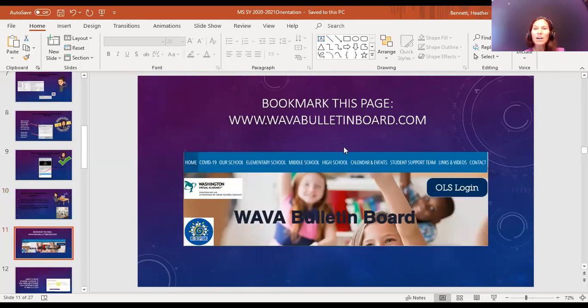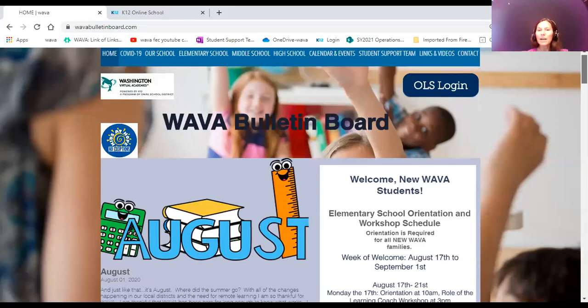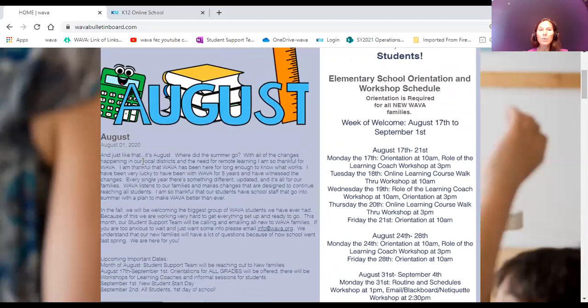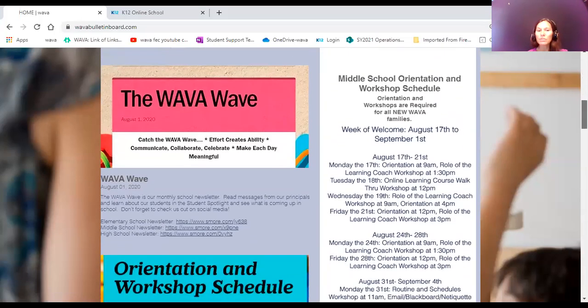All right, this is our website for enrolled students, and I am just going to screen share that really quick so we can kind of go through it. I'm just going to show you what it looks like. This is our website. So on the home tab, you can see we'll always have important information about that month right in the front. On the right-hand side, you can see our orientation and workshop schedules.